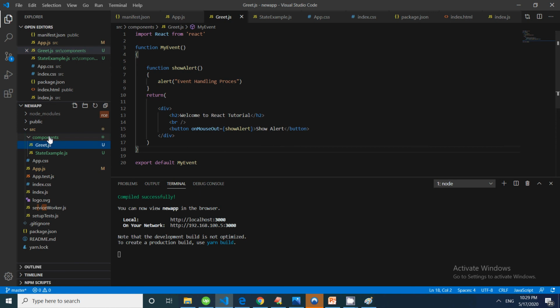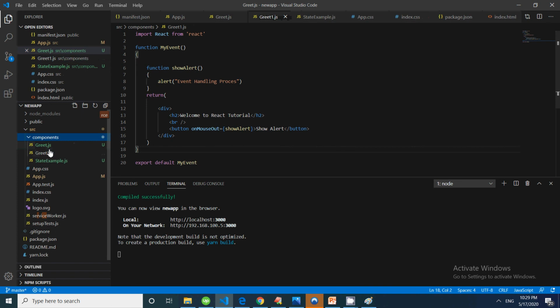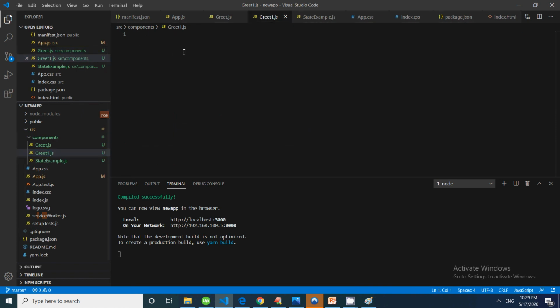Suppose I want to create a class based component. It's very simple. I will create a new file, greet1.js. So it will be a class based component. I will open this greet1.js file, and again import React and Component.